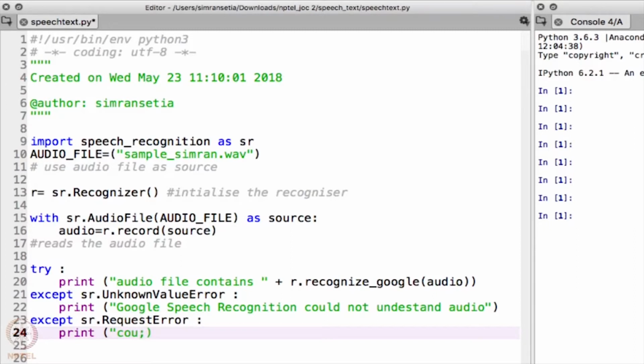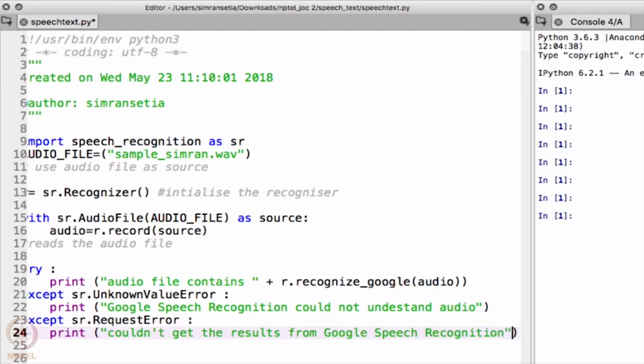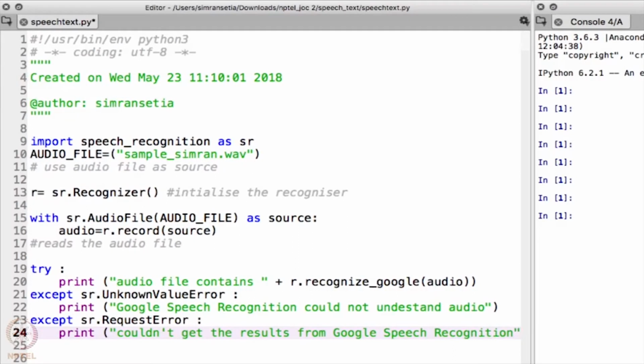So you write here, couldn't get the results from Google speech recognition. So I use the word exception here instead of error. Please note the fact that exception is a type of error. I repeat, exception is a type of error.